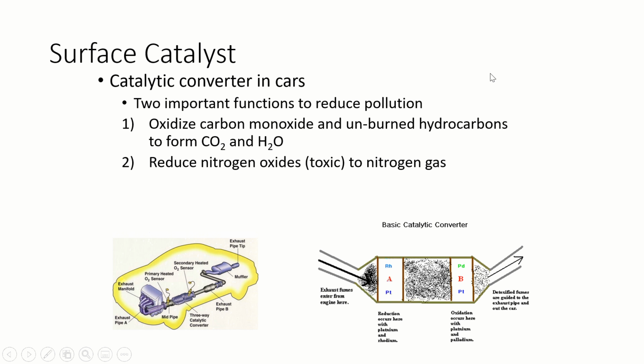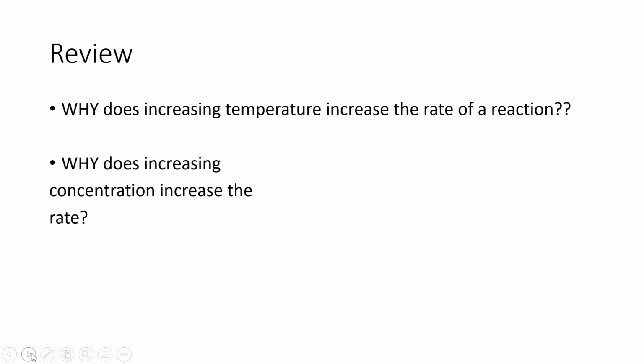An example of this heterogeneous, surface kind of catalyst that you might see is in your car. So a catalytic converter in cars is made of metal. The catalyst itself is this metal, and the hot gas, these exhaust fumes from your car, are going to pass over this metal, and this helps speed up the combustion reaction. So it'll help oxidize some carbon monoxide and your uncombusted hydrocarbons to form CO2 and H2O, and it'll reduce some nitrogen oxides and turn them into nitrogen gas. So this is something that will speed up this reaction and make the exhaust coming out of your car cleaner. All right,